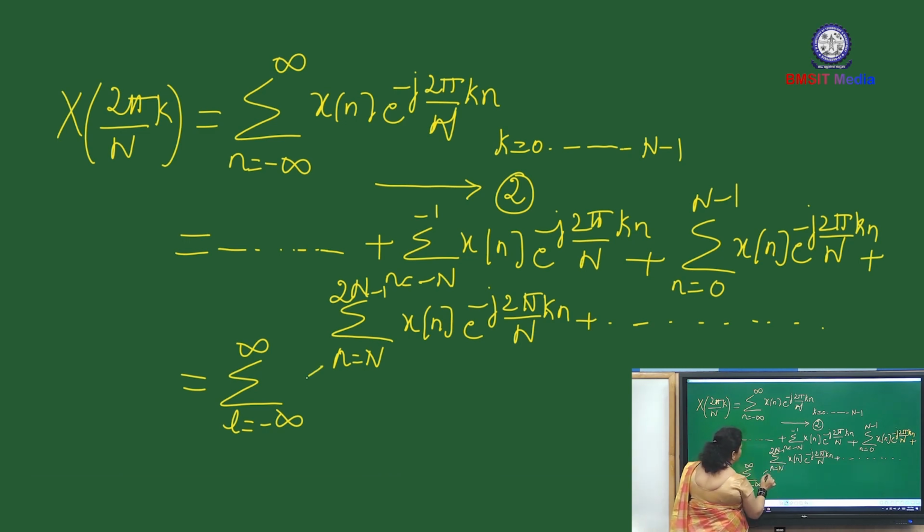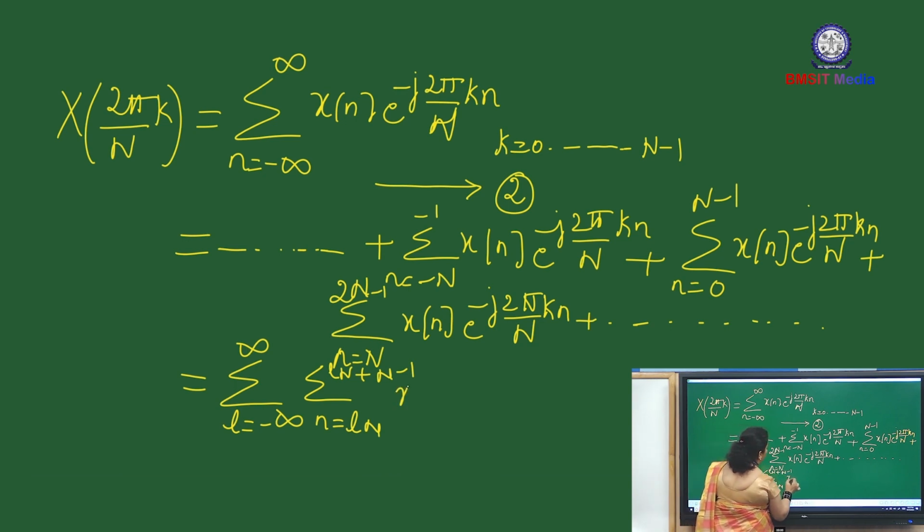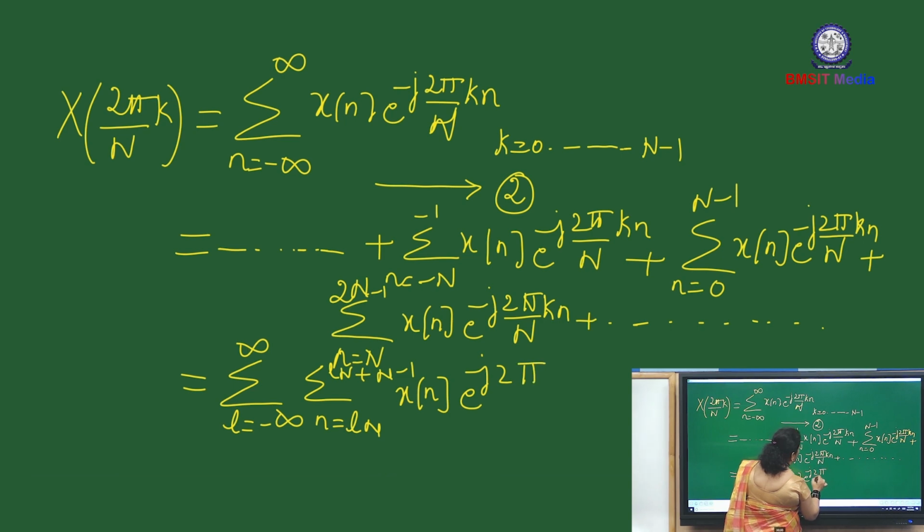So I'll write that as n varying from lN to lN plus N minus 1 x of n into e raised to minus j 2 pi by N